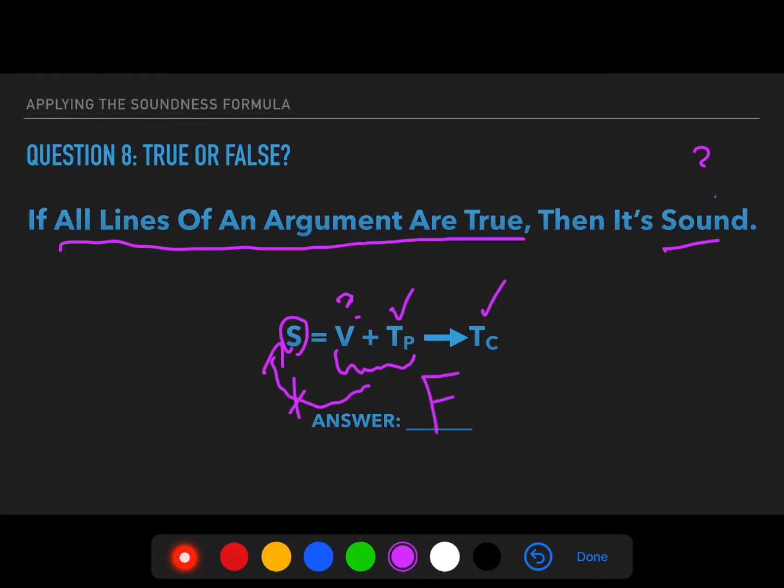All right. So hopefully you found the formula useful. You see how it works. You might have to watch some of those examples again, play the video again to really get a feel for it, get the hang of it, and then try it on your own. Hopefully that helps you work out these relationships, to remember them between the truth of the premises, the truth of the conclusion, validity and soundness. And then if you have extra time, I would encourage you to go back and do that challenge question. See if you can prove the